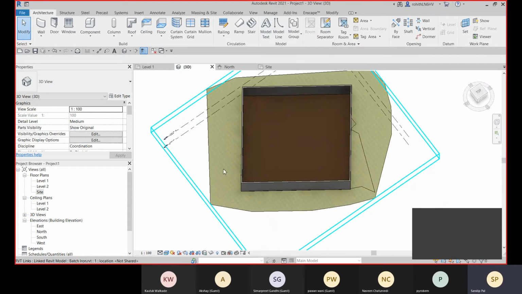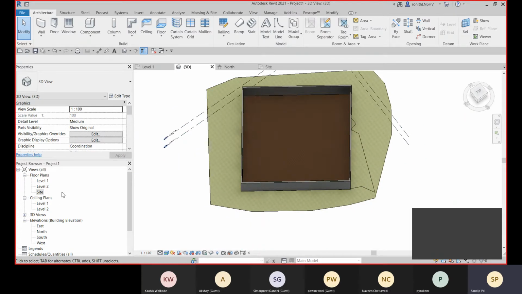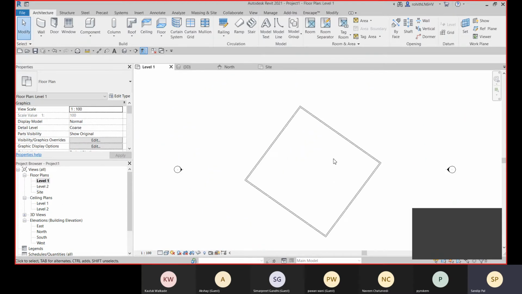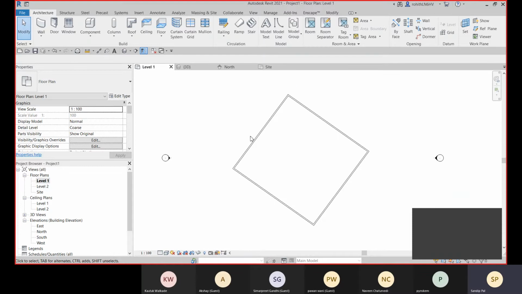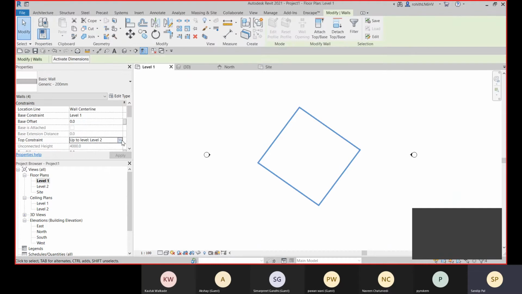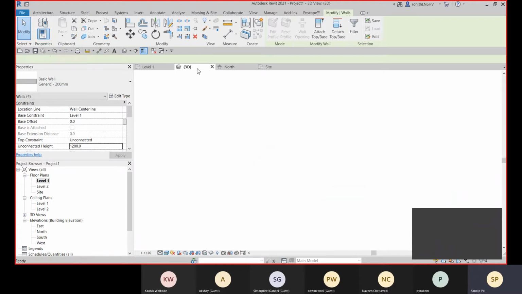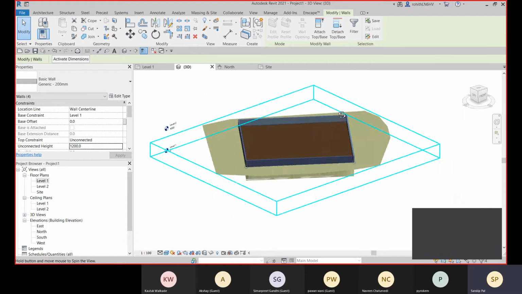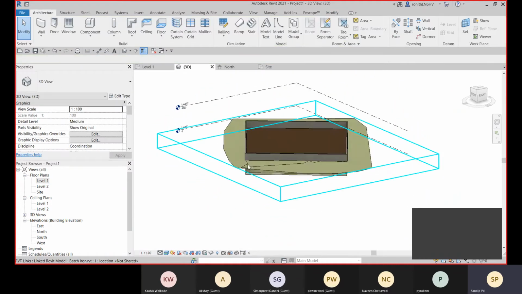Now we can place our grid lines and all. So for that, let me go to the level 1, and now we can start creating. And if you need to change the wall height, you can define it. Let me unconnect it and make it till 1200. Apply. So this will be my boundary wall, like this.